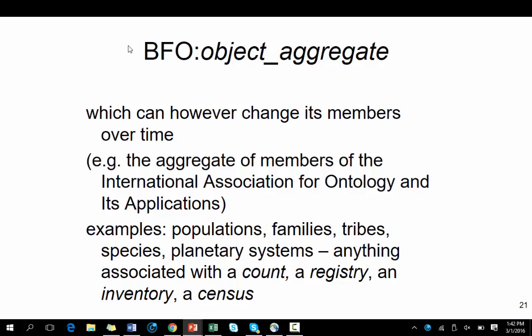So in set theory, the members of the set define the identity of the set. If set A has different members from set B, then they're different sets. If object aggregate A has different members at time t from what it has at time t prime, it may still be the same object aggregate. Now that means that we need to have additional ways of understanding identity for object aggregates, and that means we bring in the organizational structures which belong to things